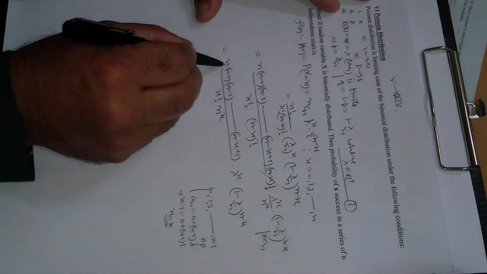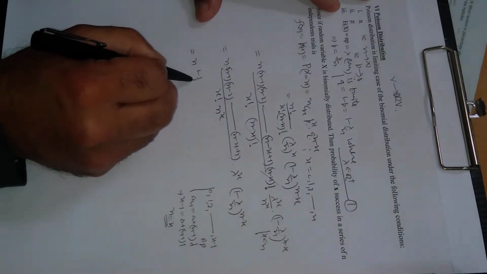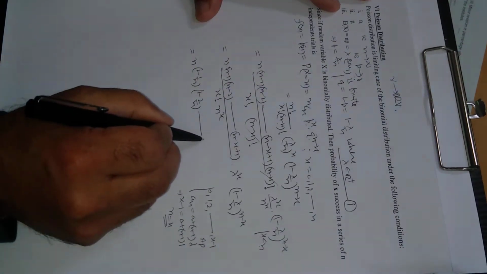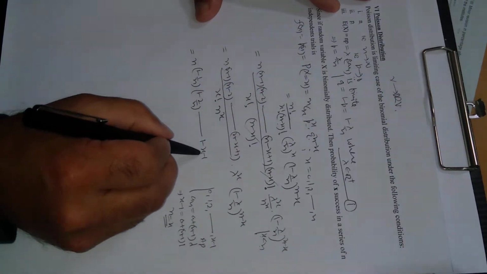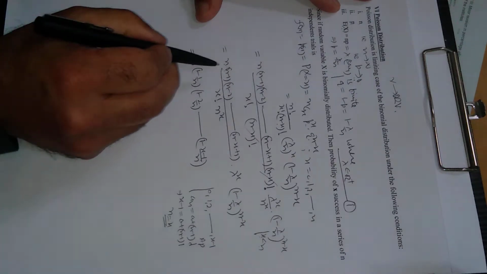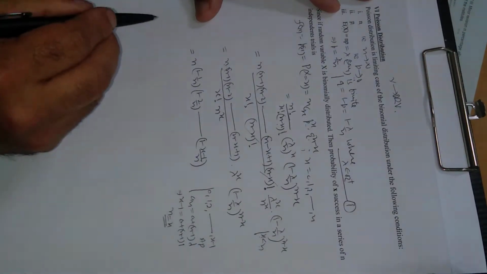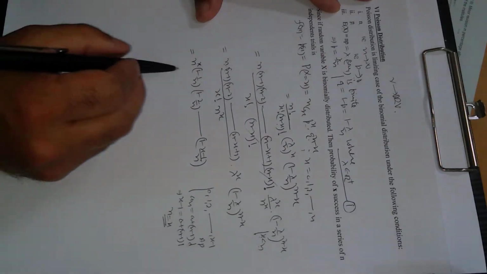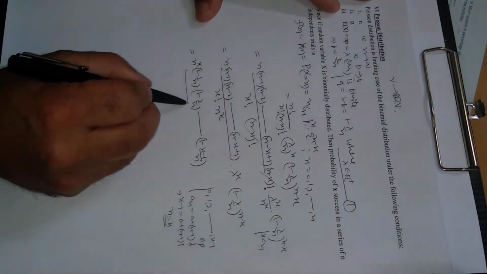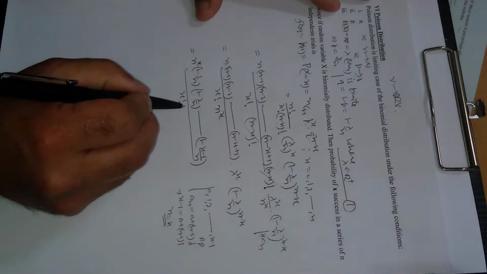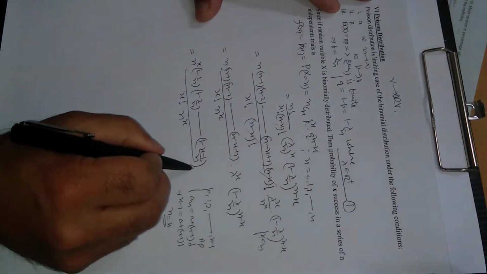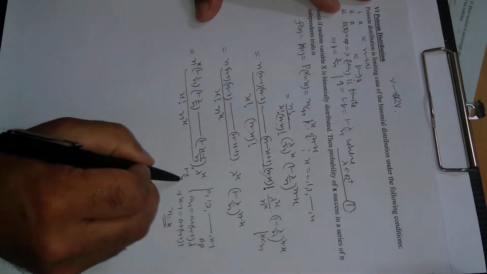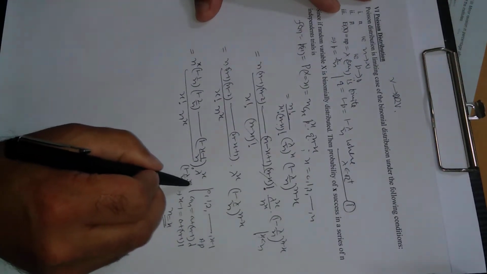See here, this is already common. Take 1 n common from here. This is 1 minus 1 upon n, 1 minus 2 upon n, and so on, continue in this way. This will be 1 minus x minus 1 upon n. How many n will be outside? n raised to power x, because all the n are in multiplication. x n will be outside, whole divided by x factorial n raised to power x, and here is also lambda raised to power x into 1 minus lambda upon n raised to power n minus x.